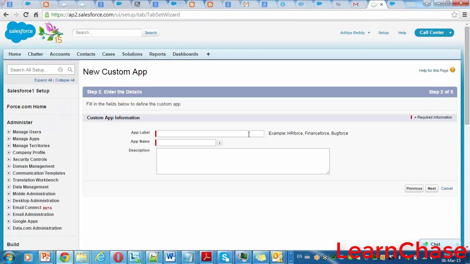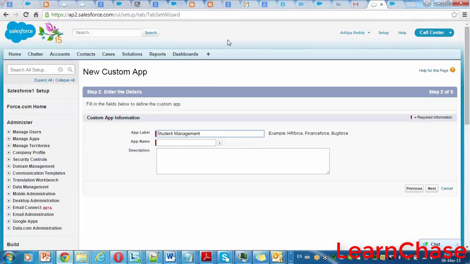Here you can give the name of your application. I want to give it as student management. I want to track student details, and about students I want to develop an application.